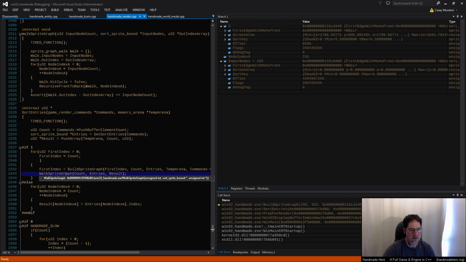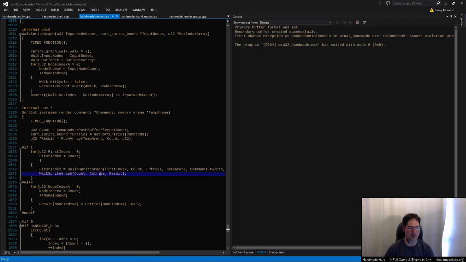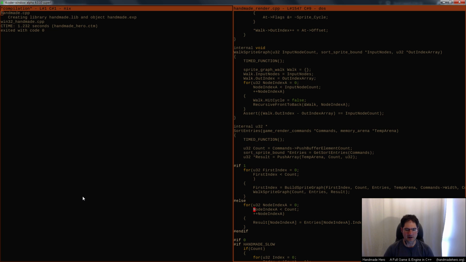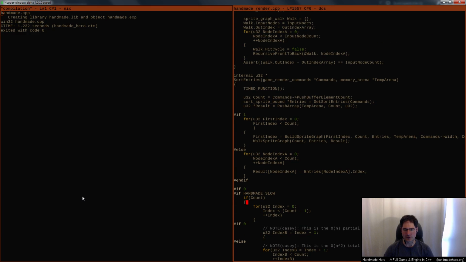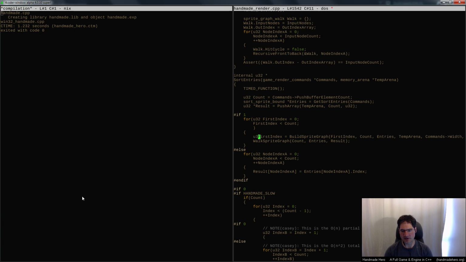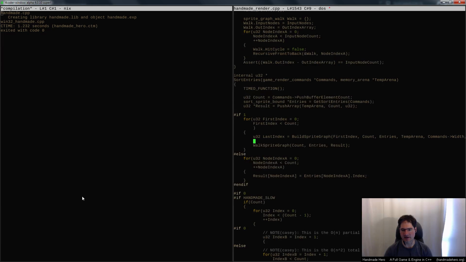Oh, but you know what? We have a separate bug here, which is that neither of these two things are correct. So walk sprite graph is kind of busted at the moment. Let's fix that first before we do any further debugging. All right. So what's happening here is we sort of have a notion of whatever the first index is. We then pass a count here, but really this is going to give us back, you might say, last index, right? It's giving us back whatever the index is that we would do after,